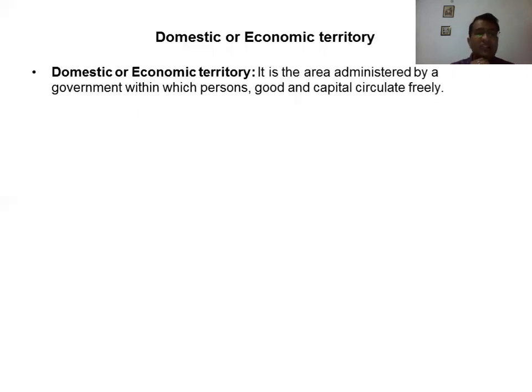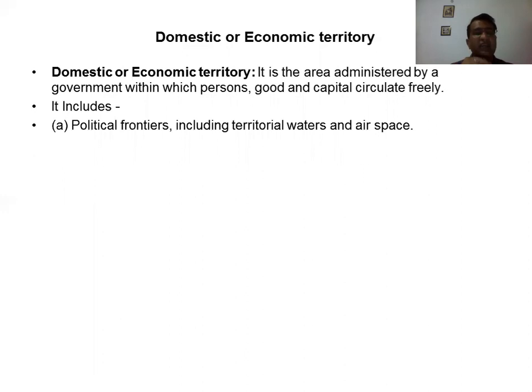Now the most important basic concept is the domestic or economic territory. Domestic territory or economic territory is the area administered by the government within which persons, goods or capital circulate freely. It includes the political frontiers, the political boundary of the country, including territorial water, 12 nautical miles area of the sea, air, and space, which is under the control of any administrative authority, and is called a domestic territory